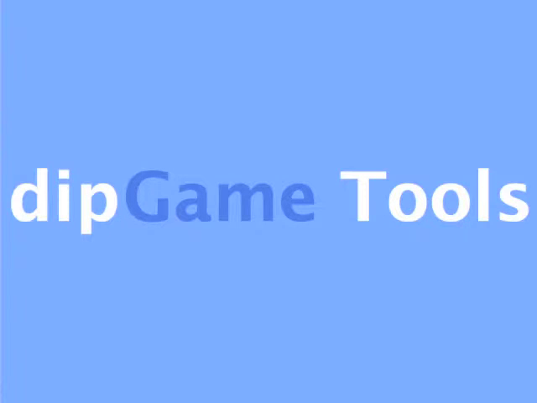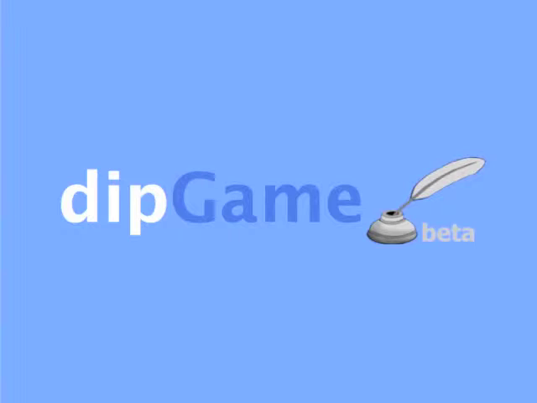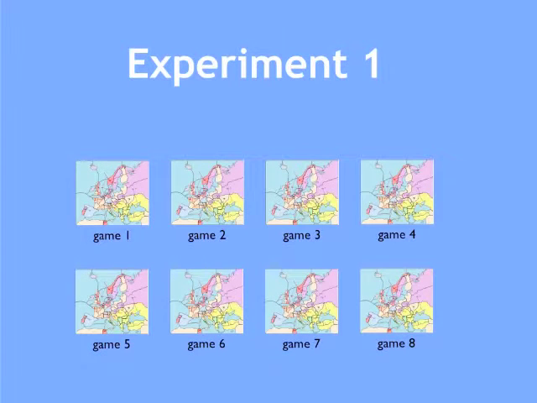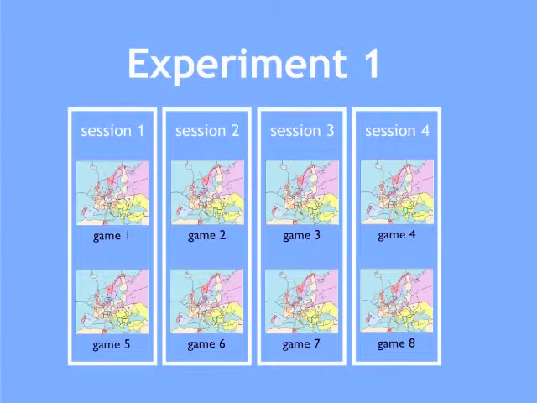DeepTools is a visualization tool to assist researchers in the analysis of experiments performed with the DeepGame testbed. DeepGame is a testbed for multi-agent systems where 7 agents compete in the game of diplomacy negotiating. An experiment is a set of games that are grouped in different sessions, usually corresponding to different settings for those